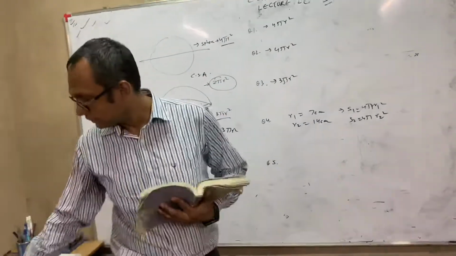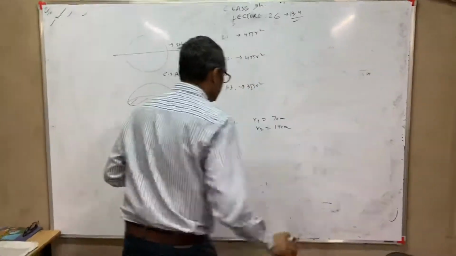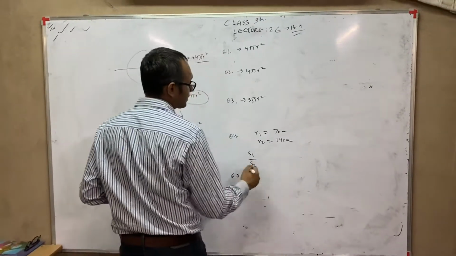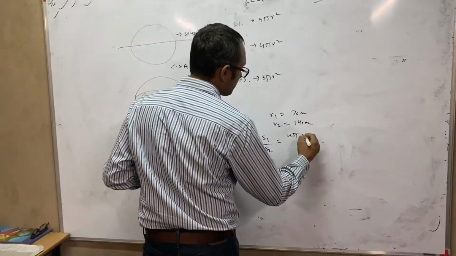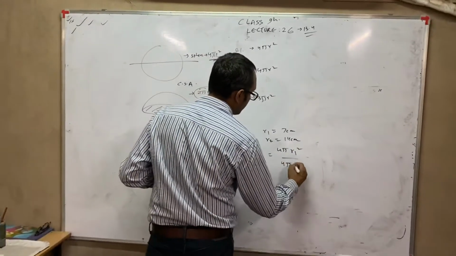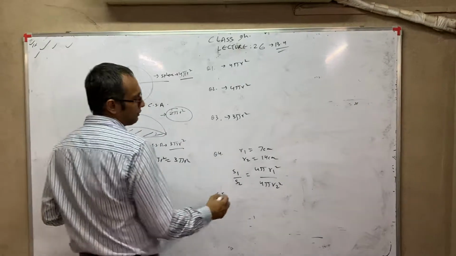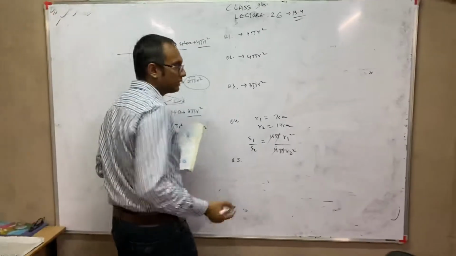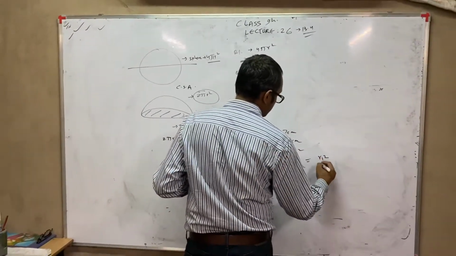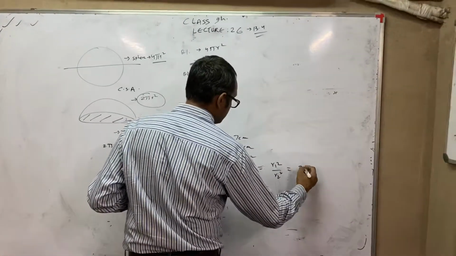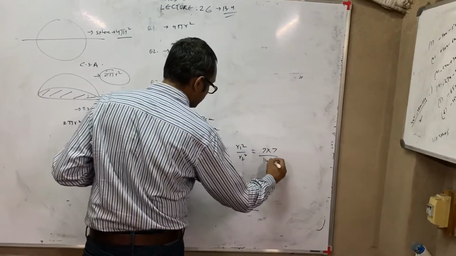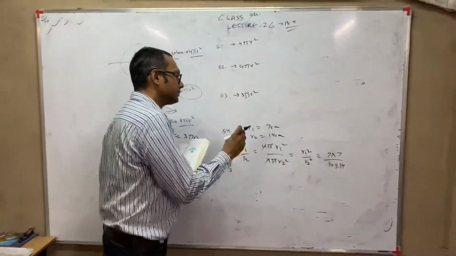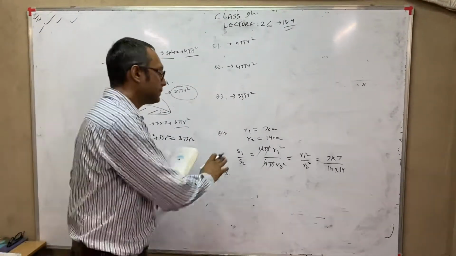No, don't do this sum like that. There is an easier way to do it. We have to find the ratio, say S1 upon S2, which represents the surface area, 4 pi R1 square upon 4 pi R2 square. And here, one step by which you can make the sum easier is to cut 4, 4 and pi. You can straight away cut them. So you just have to find R1 square upon R2 square. R1 value you know, 7 into 7, and the other also you know. You just cut this and get the answer. So whenever a sum involving ratios comes, always do the sum like this. Okay, then your sum will be easier.